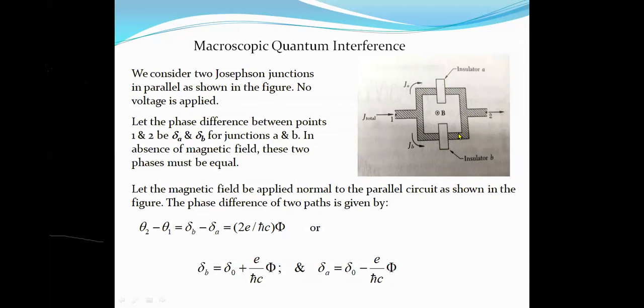Because in a closed circuit, you also know in the superconductors that there is a quantized magnetic flux. Because this is a superconducting ring, if you would like to see it like that, a superconducting ring ban gaya. Okay, so let the magnetic field be applied normal to the parallel circuit as shown in the figure. The phase difference of the two paths is given by, अब ये phase difference जो magnetic field की वजह से आ रहा है, वो delta B minus delta A is 2e upon h cross c phi,